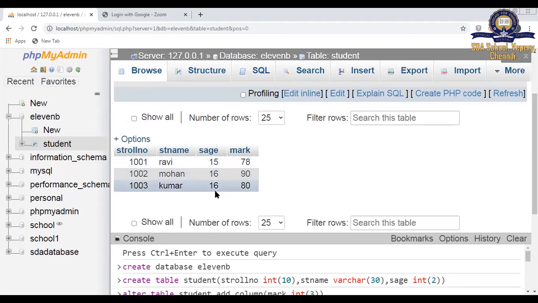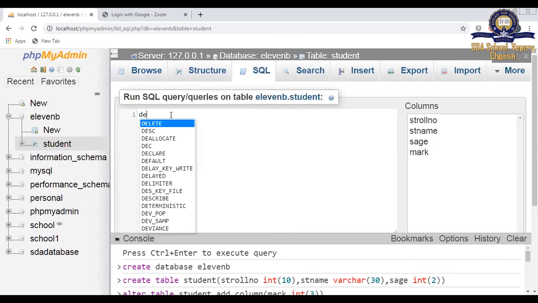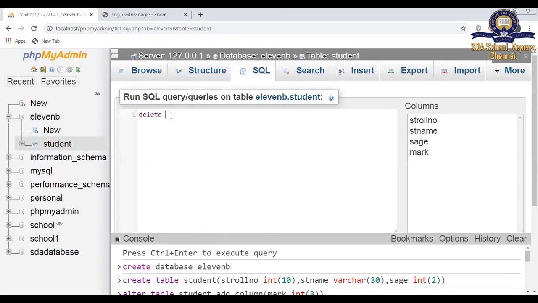the next command is delete. I want to delete a particular record from the table. Can I delete it? Yes, you can delete. How will you delete a particular record from the table? Now, how many records does the table student contain? 3 records. I am going to delete one of the records from here. Go to SQL, type here, delete space from. What's the table name? Student. Delete from student